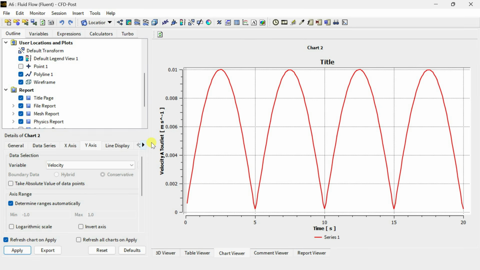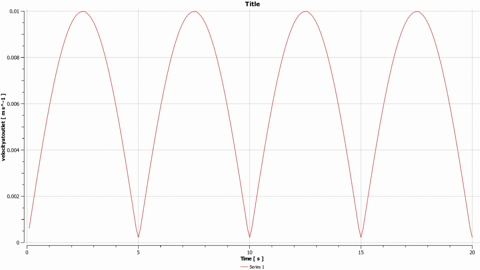If you have run a transient CFD simulation in ANSYS Fluent and are struggling to plot velocity versus time at your outlet, this video will solve all your problems. I will show you 3 different methods by which you could obtain the transient time versus variables plot